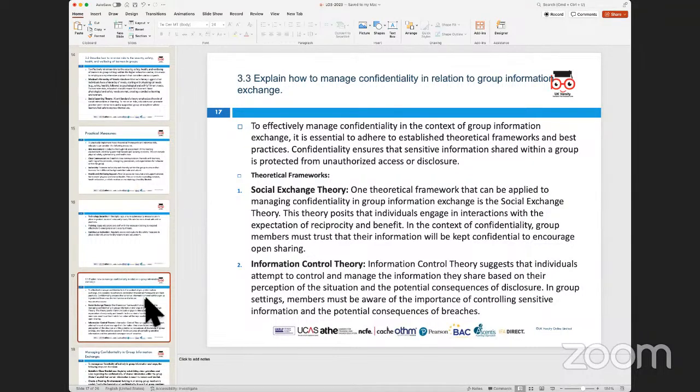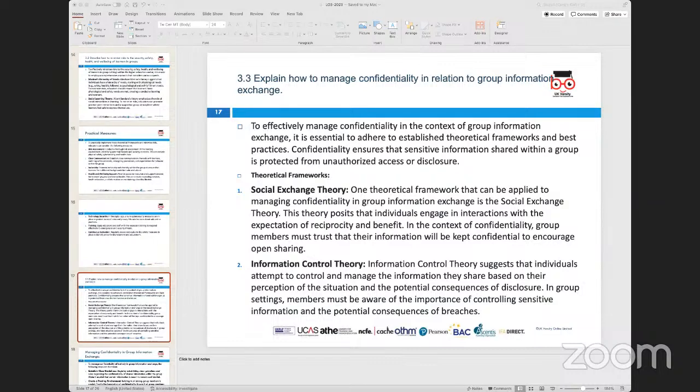Right, let's go across to the third assessment criteria, which is explaining how we look at managing confidentiality in relation to group information exchange. Now, when we talk about maintaining confidentiality from a point of view of group information, there are a couple of things that we can look at. Obviously, there are one or two theories. So when we look at the social exchange theory, or in general, the information control theory,